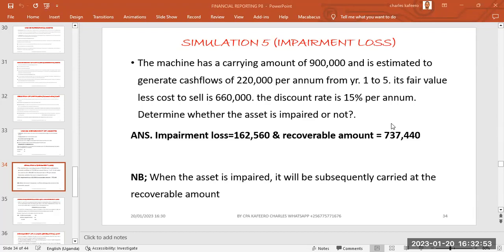It's your tutor CPA Charles Cafe, and today we are going to look at the simulation 5, and it's under IS 36, impairment of assets. We've been talking about this impairment of assets from